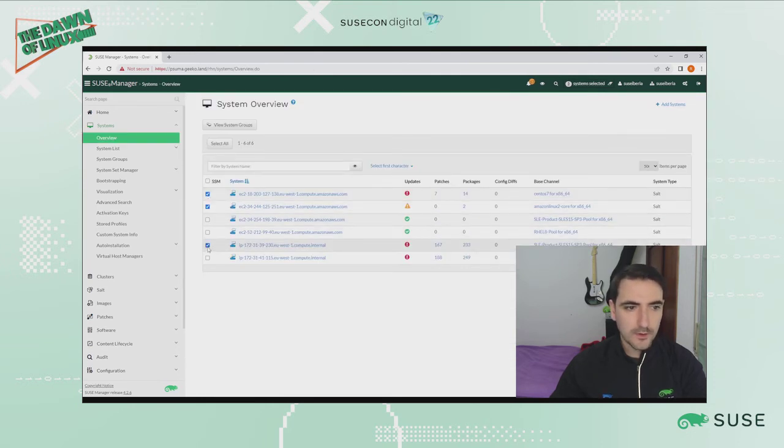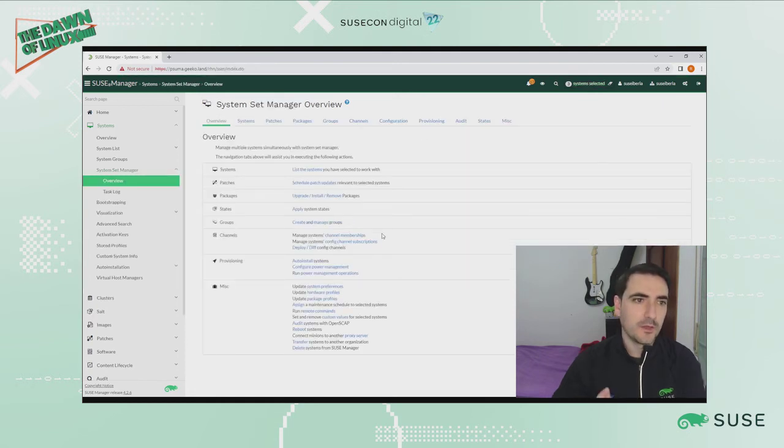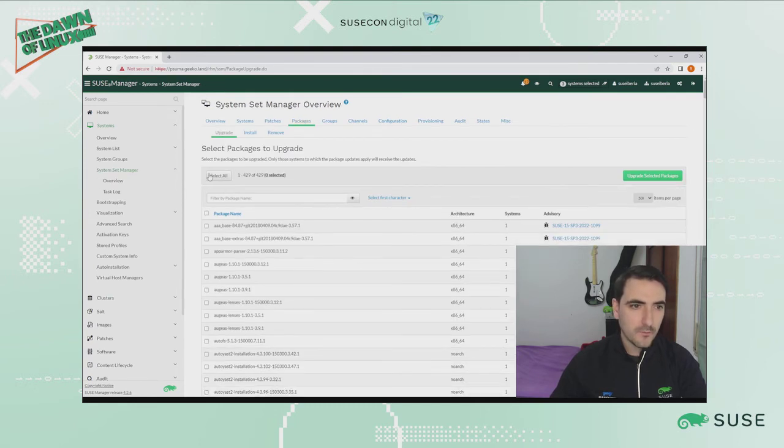Okay, so what we can do from the SUSE Manager is we can select all the systems that we want to upgrade, for example, and now as you can see here, we have the 3 systems selected, and we can do it at the same time or schedule all the packages. So we can upgrade, install, or remove packages, or schedule apply. So we are going to upgrade all the systems. We want to select all the patches,